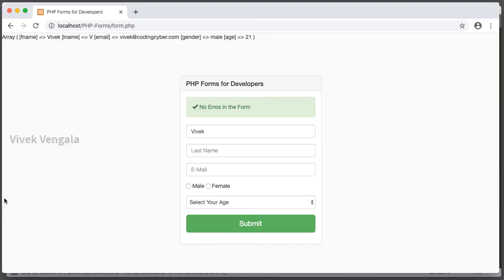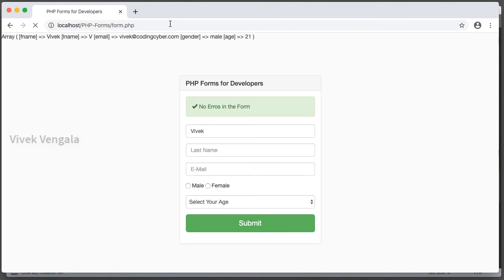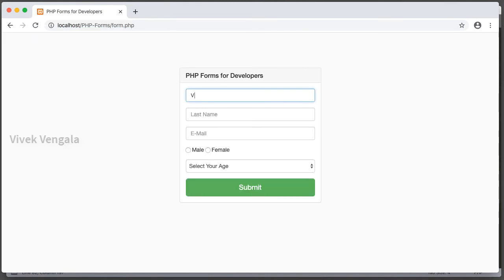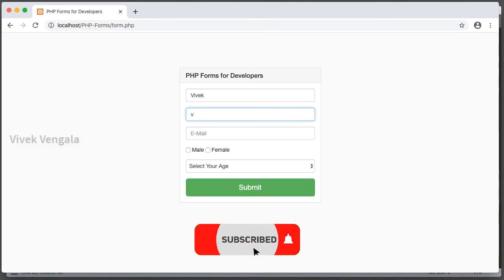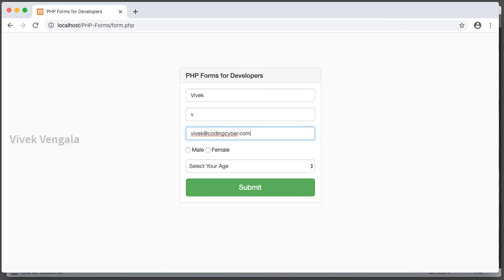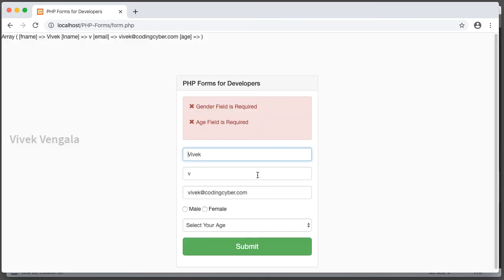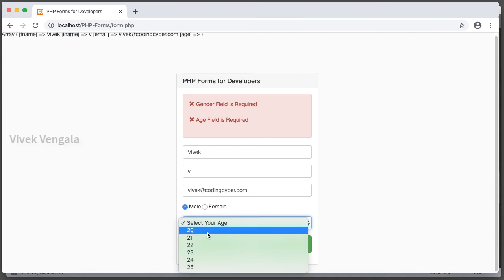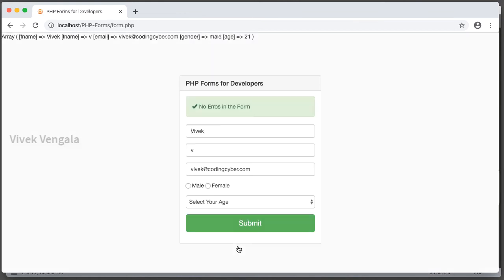Let's check this form by submitting the values. Only these three values. After that, I am going to add the rest of the values, that is gender and age, submit. Now you can see these three input field values. I'm selecting the gender and age, submit.